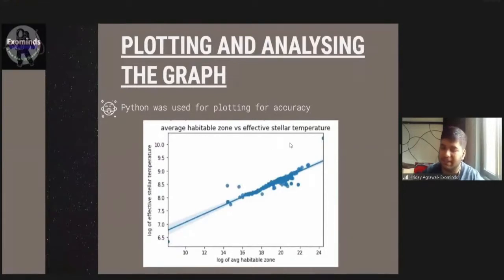And why did we use this thing? Again, how did we define habitable zone is how the graph is. So we define habitable zone in a way that the liquid water can sustain there, and the range of temperature in which the liquid water sustains at a specific pressure is 0 degree to 100 degree centigrade. And this is why when the temperature is increasing, the liquid water might not sustain, and it might get vaporized. And when the temperature is decreasing, the liquid water might get solidified. So this is why the temperature is a very important factor.